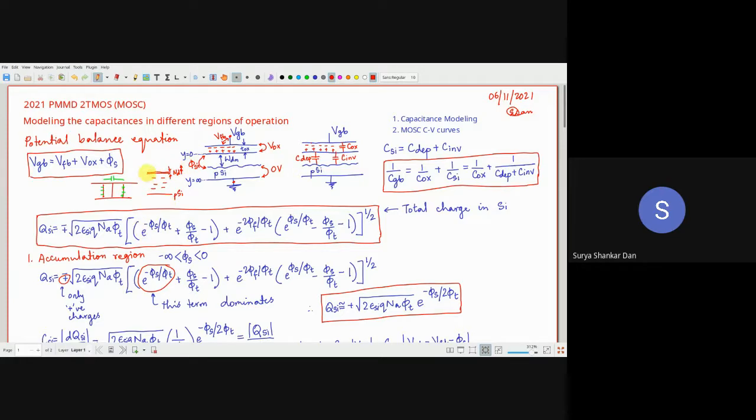Why? This we can conceptualize like that. The MOS capacitor, the depletion region of the MOS capacitor exactly mimics that of the PN junction, the PN diode. The only difference is that in the PN diode you can think about P and N regions like that, but in a MOS, it is just one-sided.